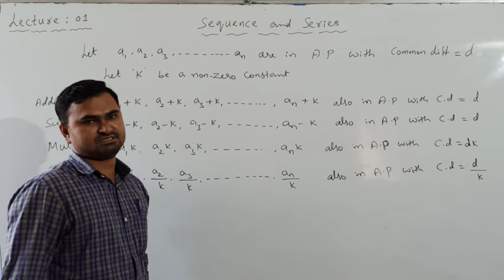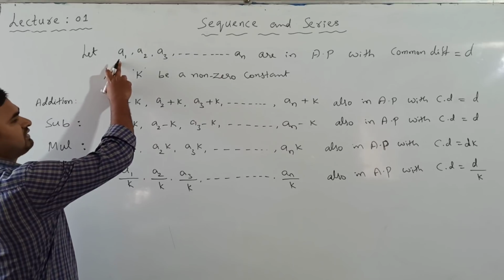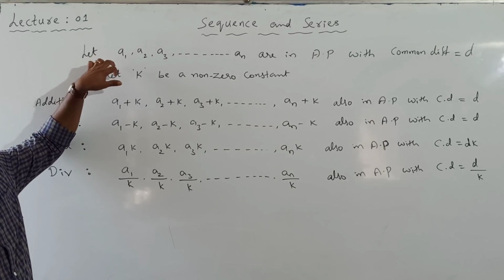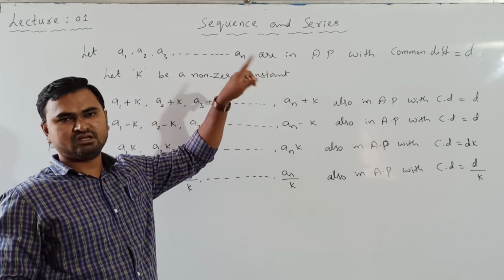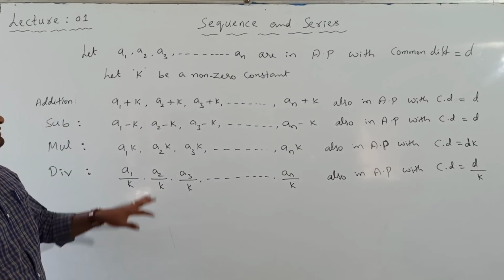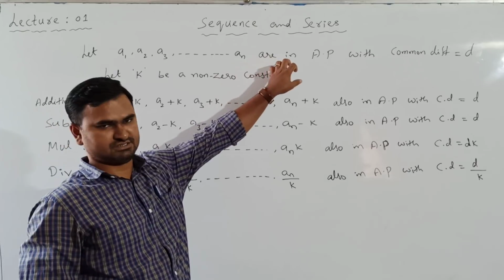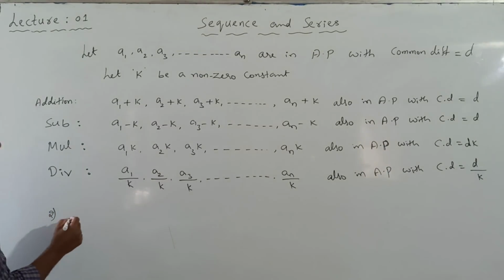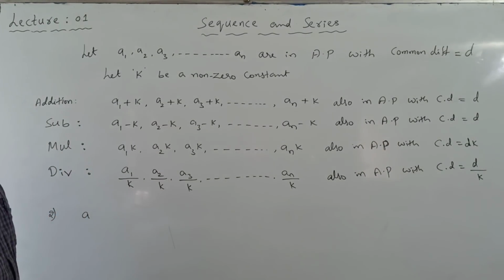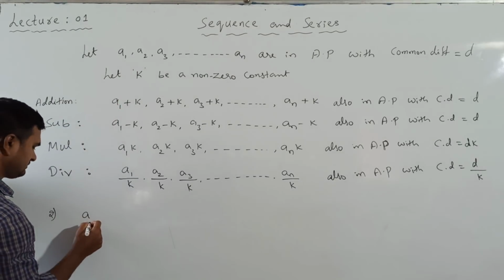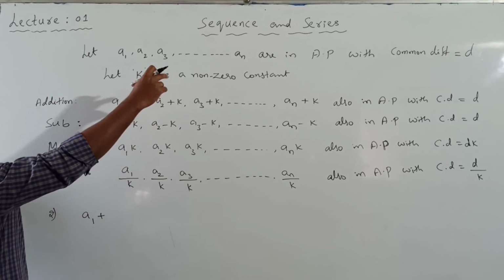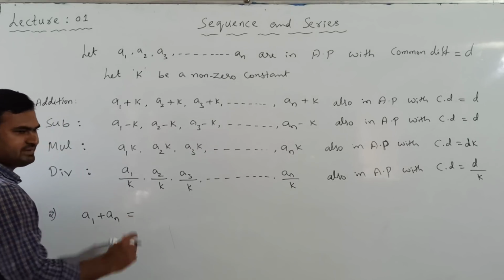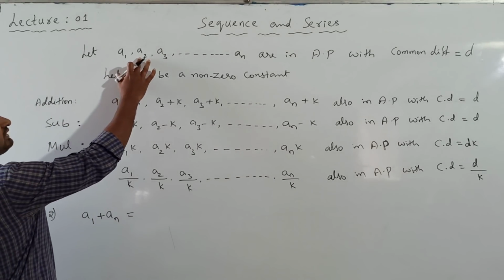the sum of terms which are equidistant from the beginning and the ending. The sum of terms which are equidistant from the start and the end is always the same in case of an arithmetic progression, and it will be equal to the sum of the first term and the last term. So if I take the sum of terms here, that is the second property, the sum of terms which are equidistant from the start and the end. If I take a1 here, now I will take the sum with the term equidistant from the other end, that is the last term an. Now this sum will be the same as if I take a2 here,